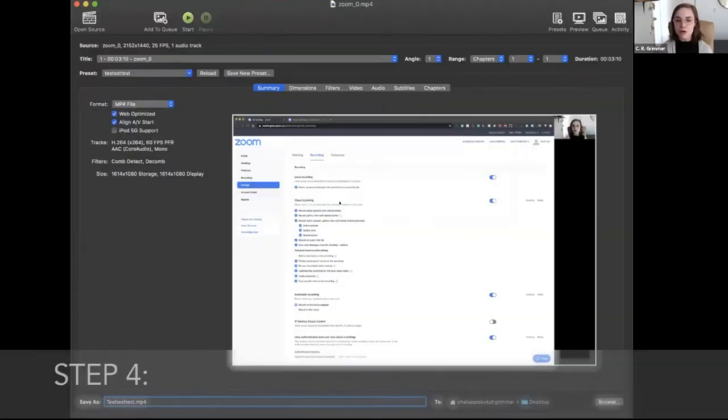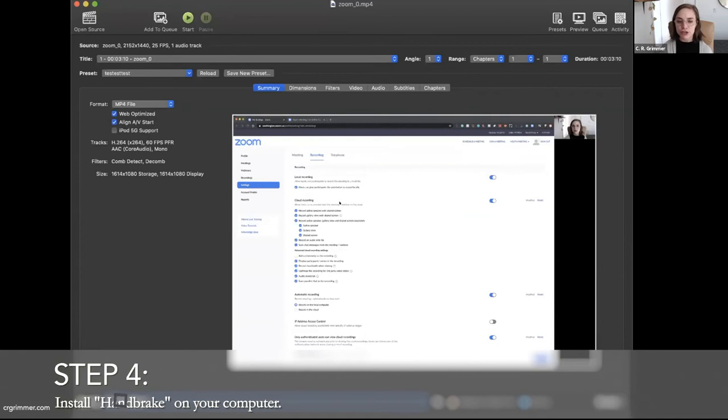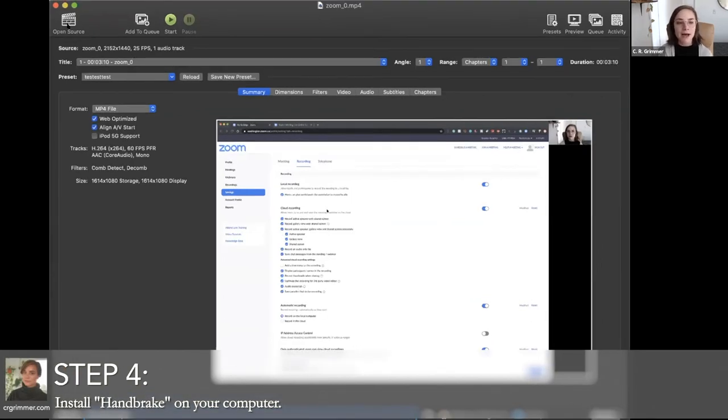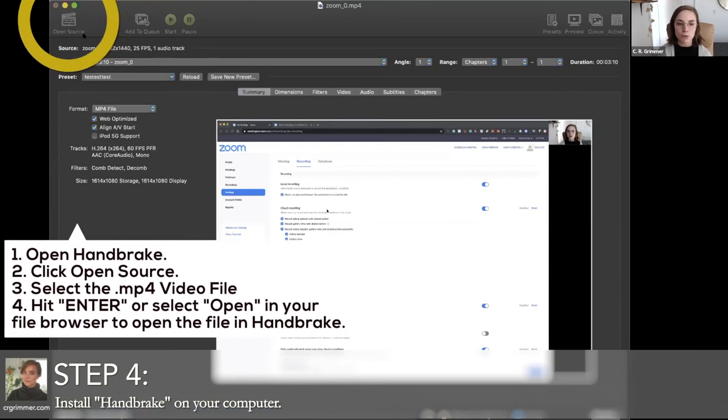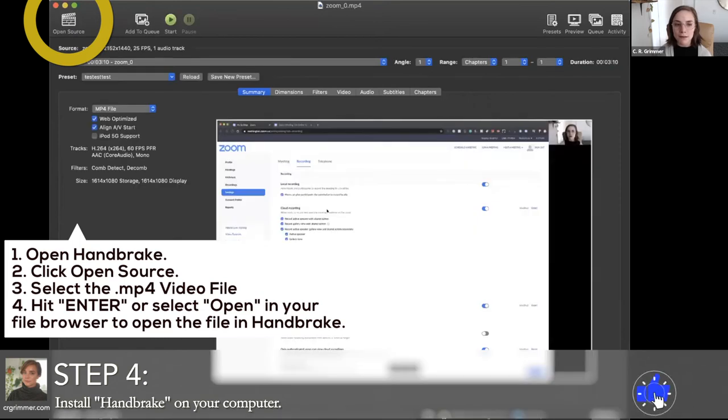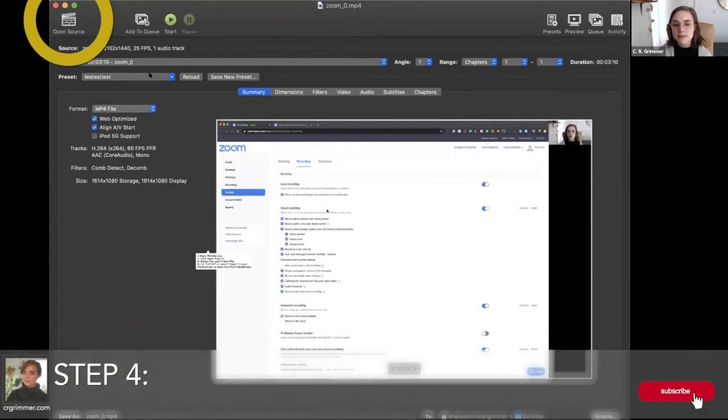So you've downloaded Handbrake, it's free, it's glitch free, you've opened it. What do you do next? Well, I like to start by just jumping into the file I need and going from there. So if you click Open Source in the upper corner and select the file that you need to make a little bit smaller or more manageable, click Open, and there it is, right?